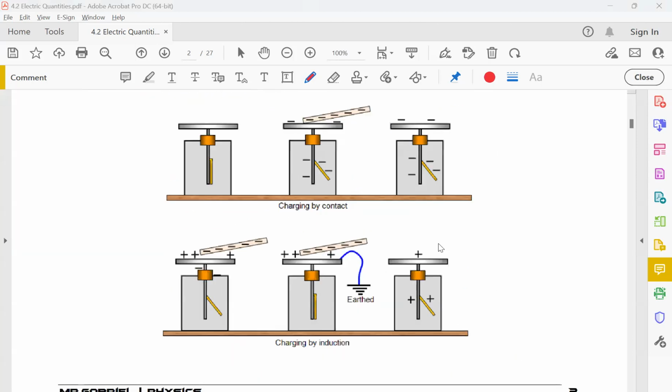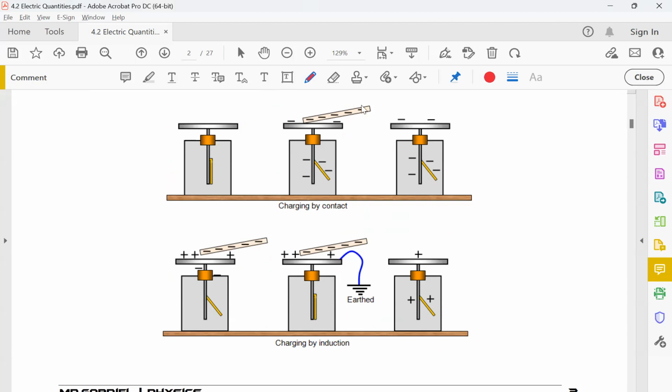So anyways, let me just explain it here once again. There are two ways to induce charges onto this metal plate. The first one is charging by contact. Contact means you must touch it, right? If this thing was originally neutral,